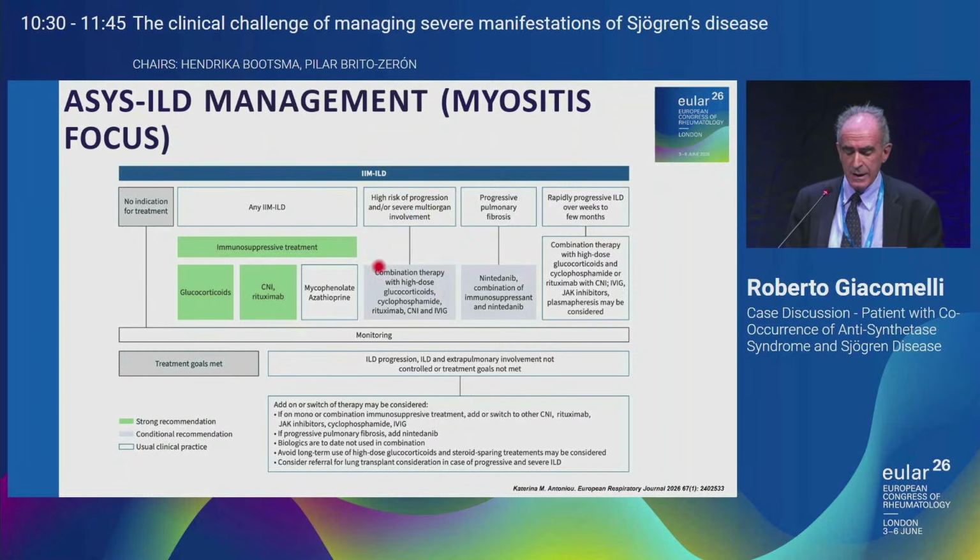If the patient is at high risk, the combination therapy should also include cyclophosphamide and rituximab, and when the form seems to be progressive, and it's a very important point, the definition of progression in interstitial lung disease, to add an antifibrotic treatment like nintedanib. If the treatment reaches the goals, we may continue the oral treatment for these patients. Otherwise, if the progression of interstitial lung disease is going on, we may consider other alternative therapies, such as JAK inhibitors associated with cyclophosphamide, intravenous immunoglobulin, and sometimes immunological therapy as a bridge to lung transplant, which sometimes is the last